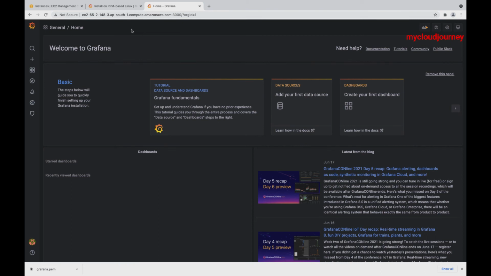Similarly for Grafana, you will be acting as a server admin, which will have complete control of your Grafana account, and you can add users, invite users, and create or delete organizations. We'll discuss users and orgs later in the next videos.